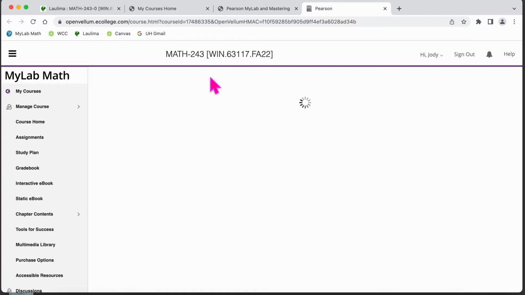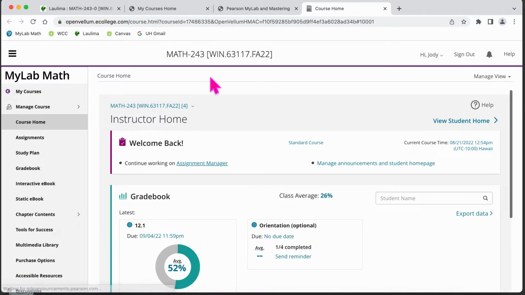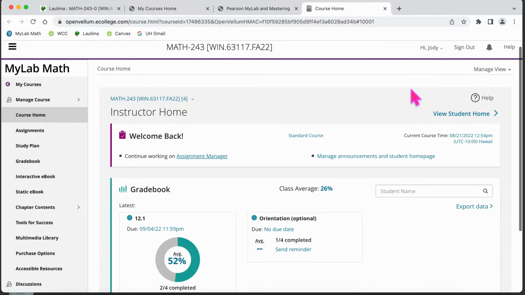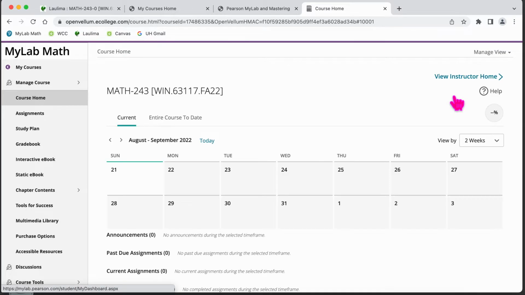So this is going to be the My Lab portion of your course eventually. Again, this is an instructor view. This is not a student view. I am going to change this tab to view the student home page. By default, you'll see a 2-week calendar. Notice there's nothing due in here because you don't have anything due until the 3rd week.